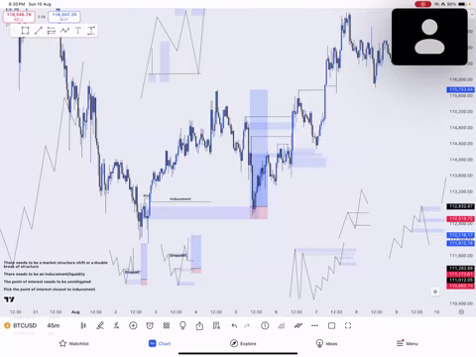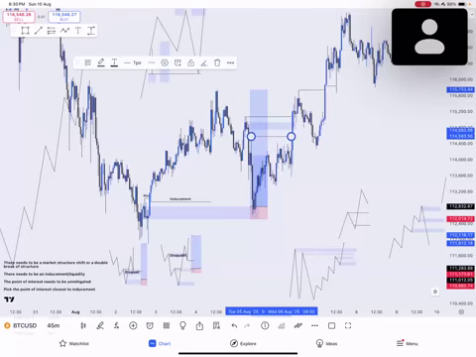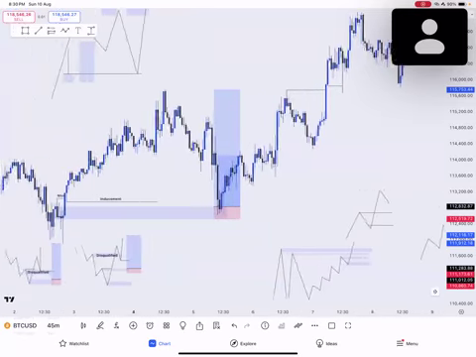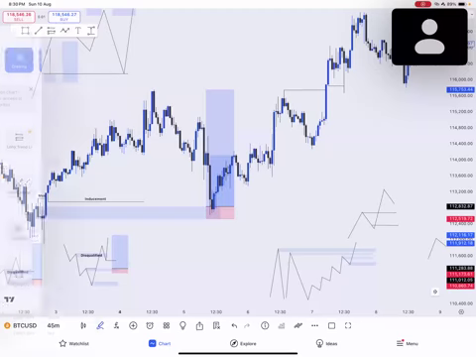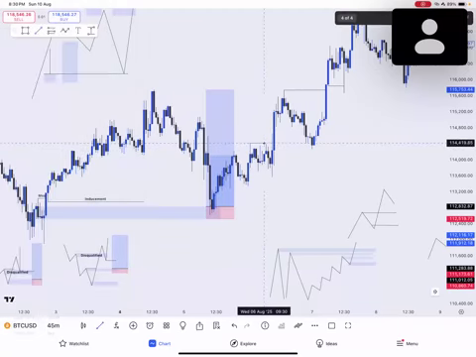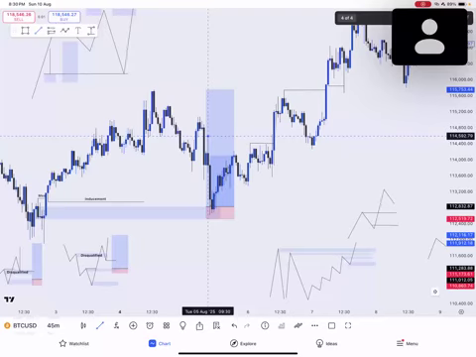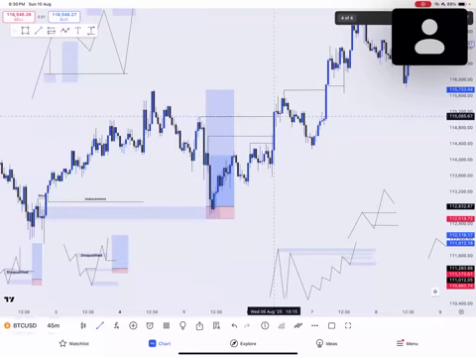The market structure shift is the first time that price would reverse. If it's been selling for a long time, before you can find buyers to the upside, you have to focus on looking for market structure shifts. But the moment price has already started reversing to the upside and you're looking for continuations to join that buy, you focus on double break of structures. So in this scenario, price took out this high, and then this high, then this high. The moment the candle that caused that double break of structure closed,